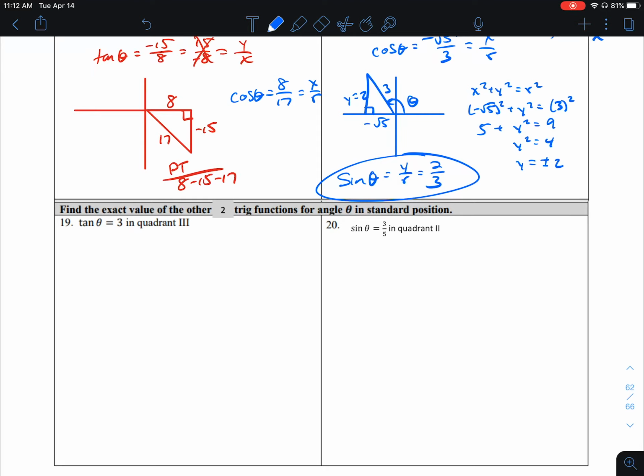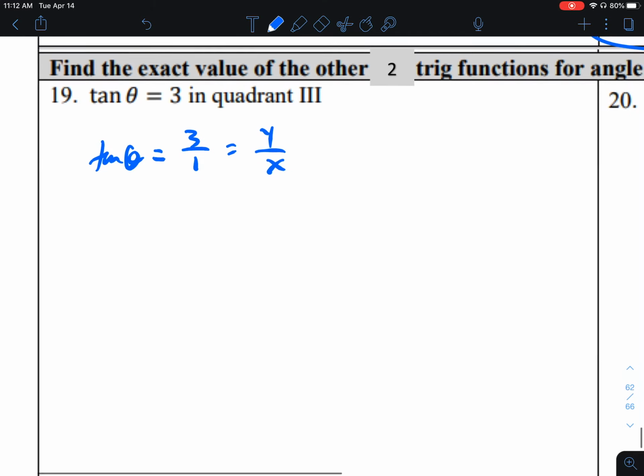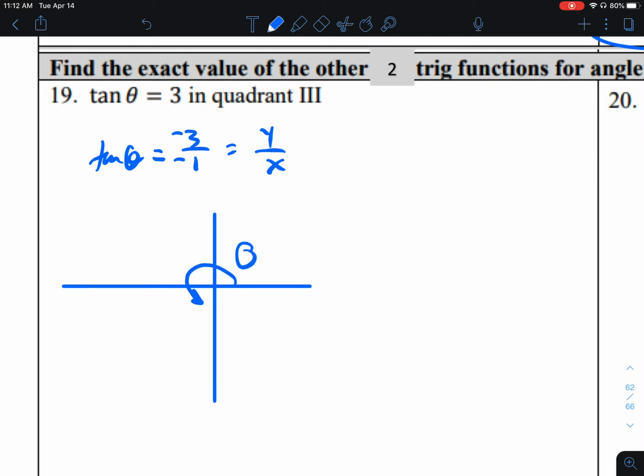2 more. Find the exact value of the other 2 trig functions of angle theta in standard position. So we're told 2 very important pieces of information here. 1, tangent of theta as a fraction is 3 over 1. Tangent is y over x. Now, both of these could be positive or they could both be negative. We're in quadrant 3. In quadrant 3, they are both negative. So it's a little misleading when you have tangent because your signs disappeared. So in quadrant 3,